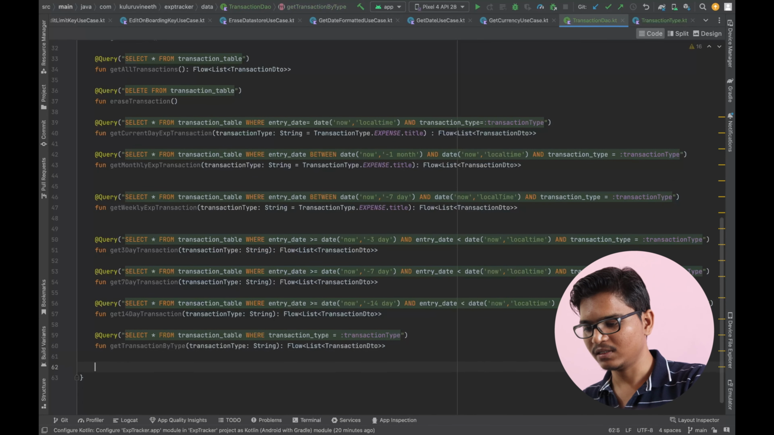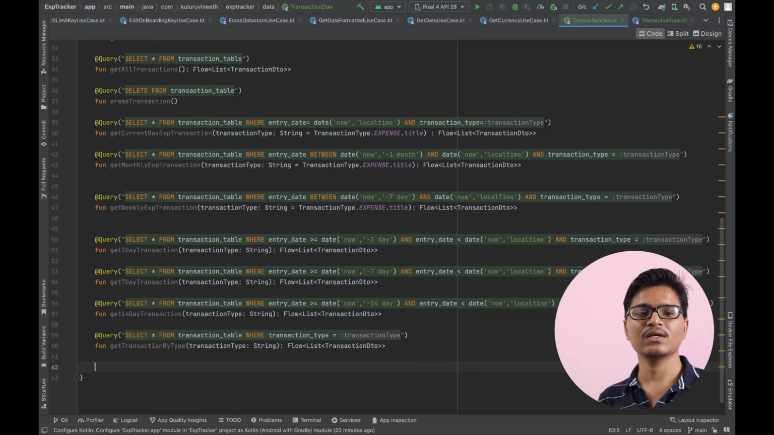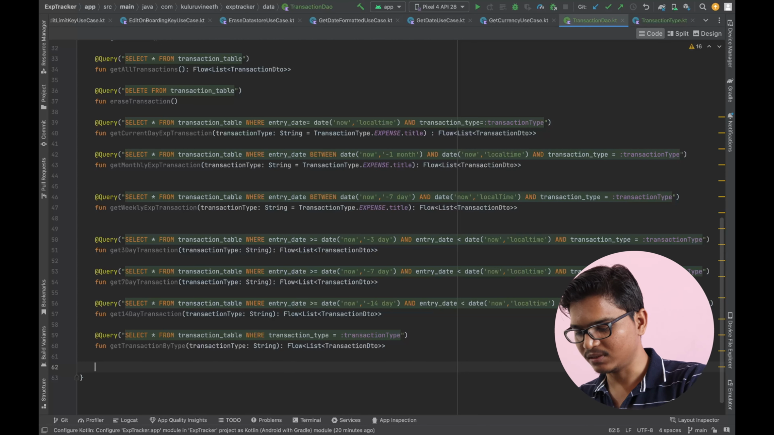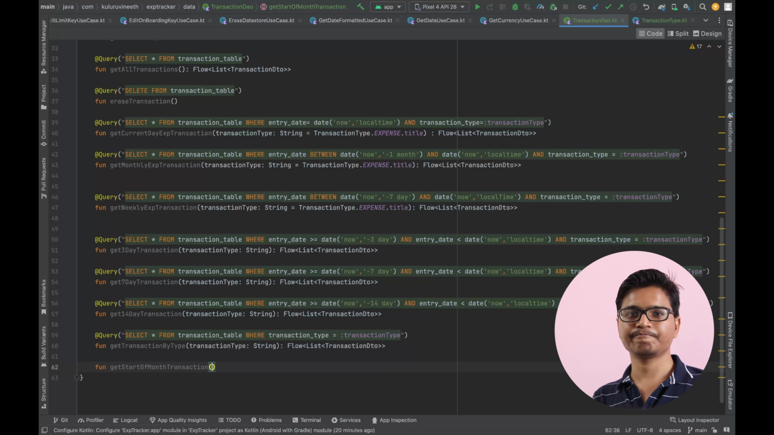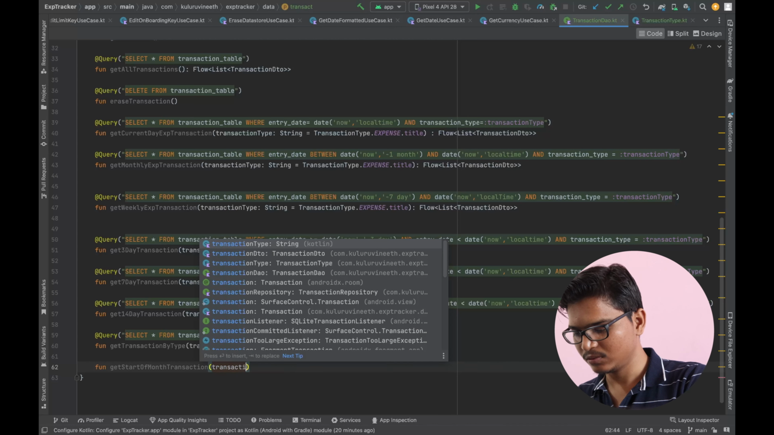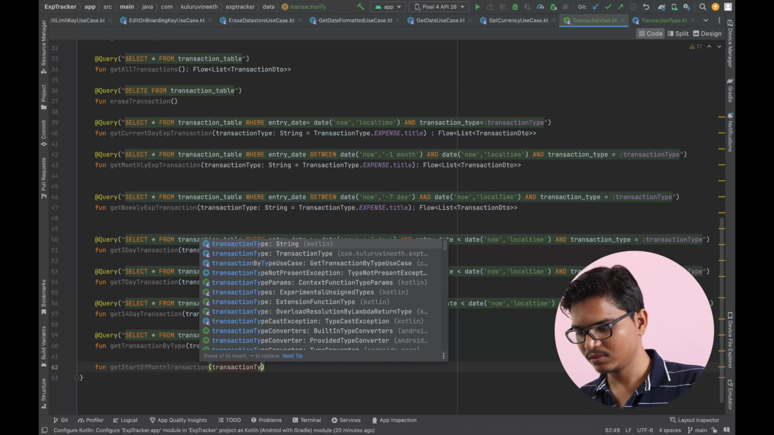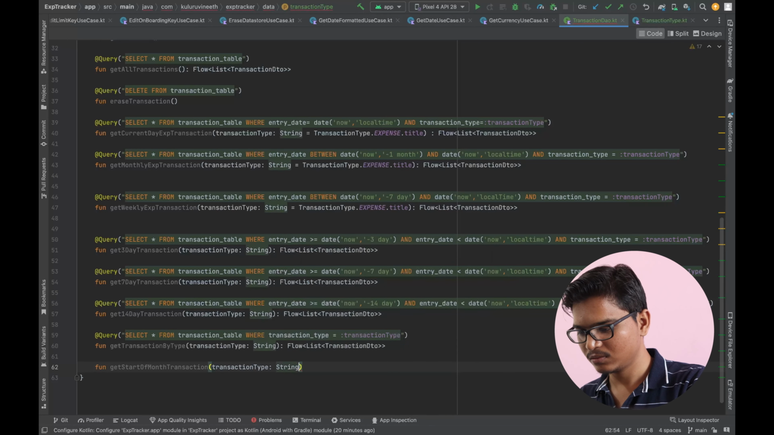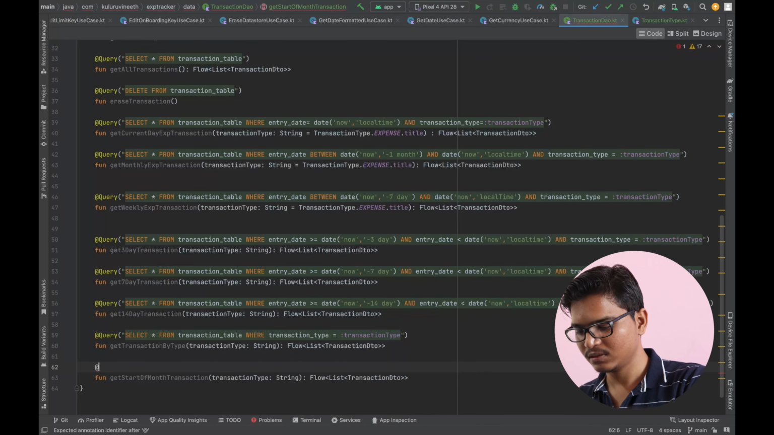Okay, so two more functions, that is start of the month and get last month transactions. First we'll write the start of the month function. Okay, get start of the month transaction. So here the parameter would be the transaction type again, and the return type would be the same, transaction DTO, and the query is